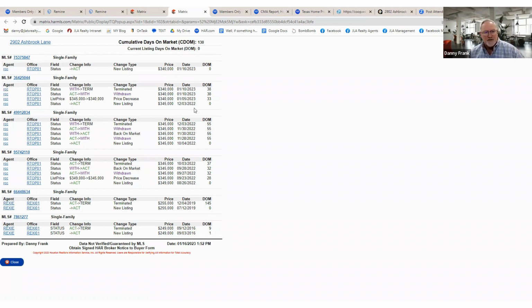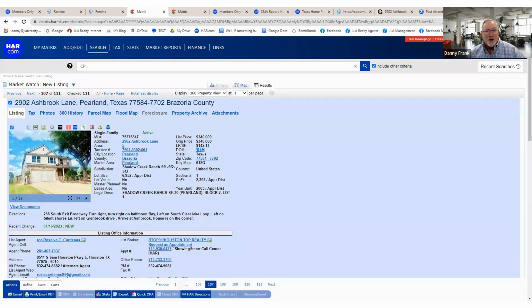This is actually an MLS violation to do that unless they terminated the old listing and have a new listing agreement. So, I'm not a fan of doing that. It doesn't do anything because as a realtor, I still know it's been on the market 130 days, even though today's the first day for the consumer to see. Any realtor is going to know it's been on the market for 130 days, at the same price.